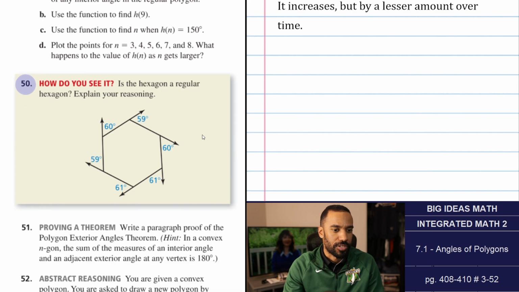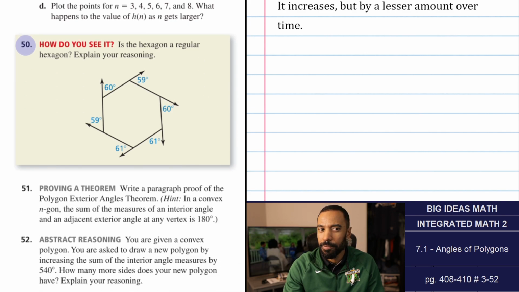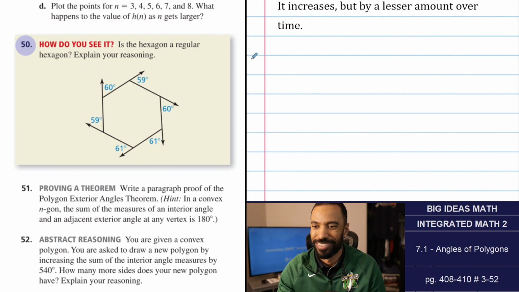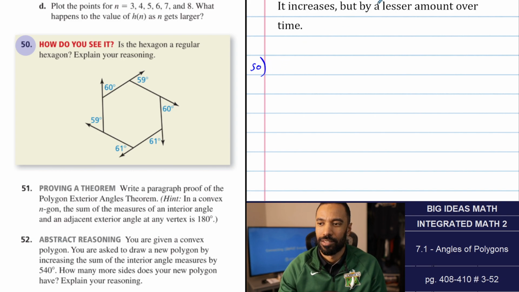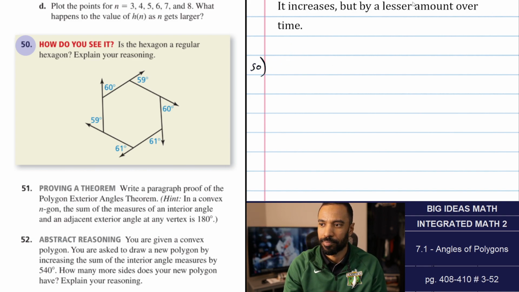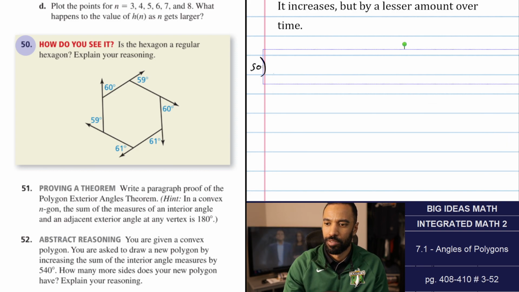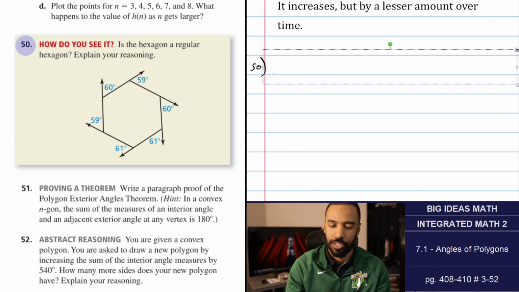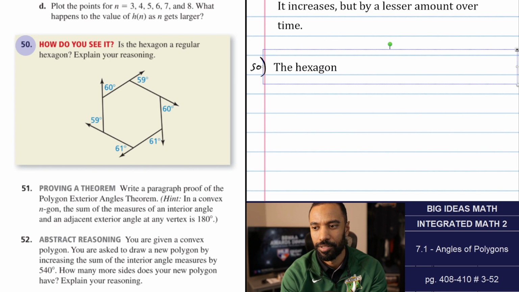All right, 3 more questions. How do you see it? Is the hexagon a regular hexagon? Explain your reasoning. No. Oh, am I still in black? You see the diagram over there. So the hexagon shown. Let me type it. Good, it's a quick question. The hexagon shown is not a regular hexagon